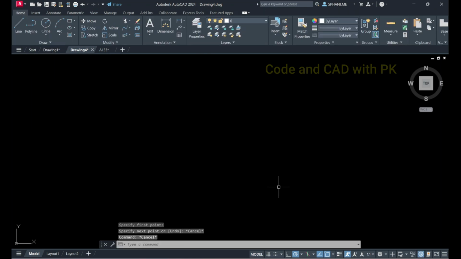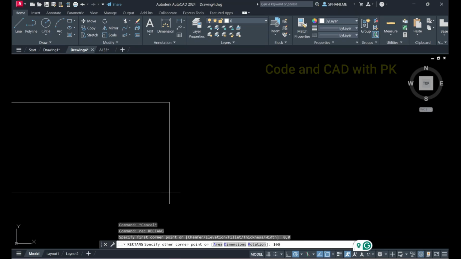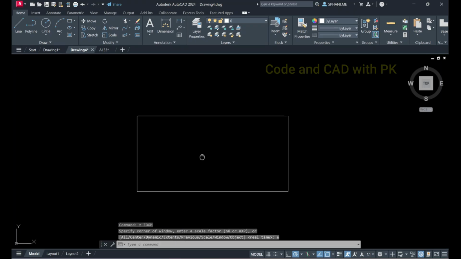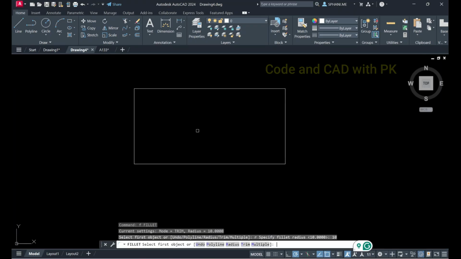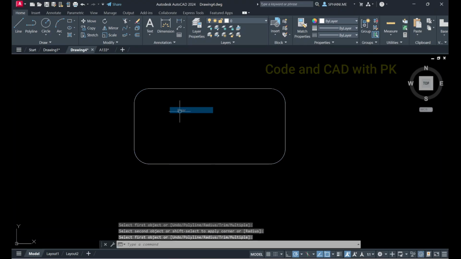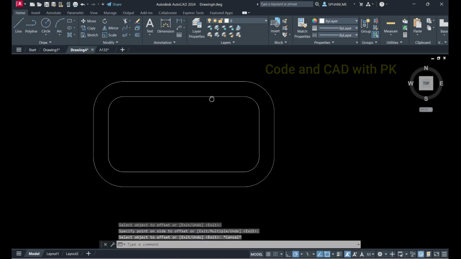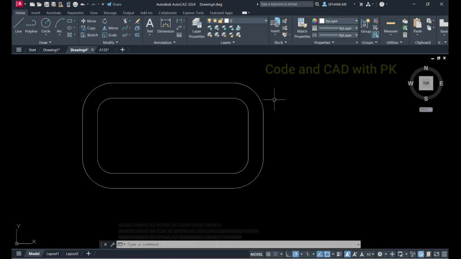Okay, or REC 0 comma 0, enter, 100 comma 50, enter, E enter. Fillet radius 10, multiple, this, this, this, this, like that. Okay, if you want offset 10. Okay, like that. If you want to array,